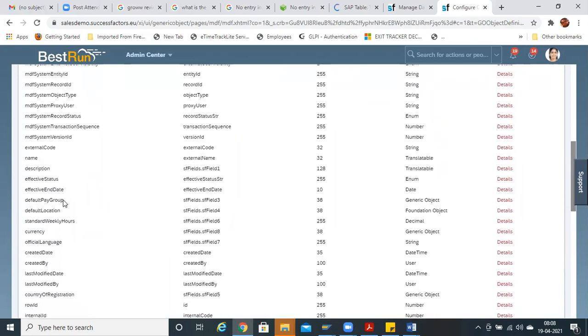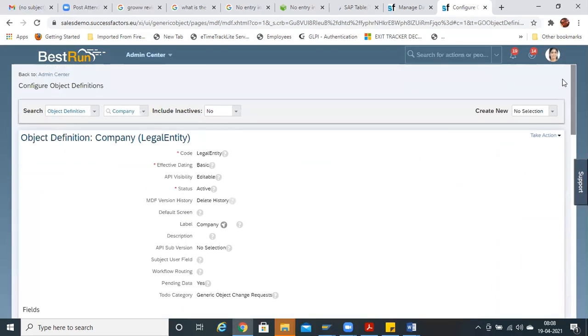These are basically code IDs. You don't have to change these codes. These are name, but this is external code. But if you want to change, I will be showing you.